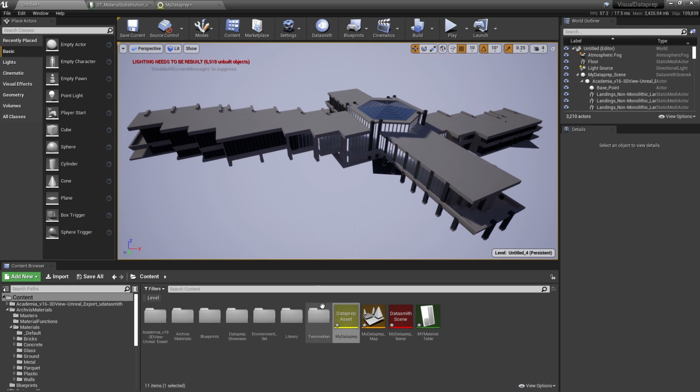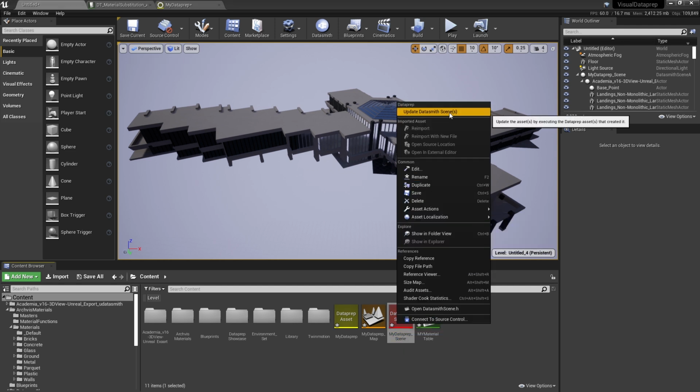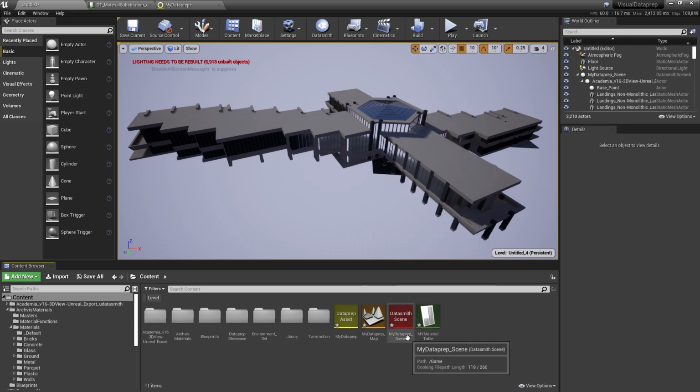I want you to notice that when it imported, it created a Datasmith scene. And this is really important because design data is not static. Assuredly, through the life cycle of this project, this data will change, and we are keenly aware of that. And so data prep is tied into Datasmith. In fact, your Datasmith scene understands and knows that the data prep asset was used to prepare this data. So if you ever re-import your Datasmith scene, by clicking Update Datasmith Scene, it will actually process the data prep asset as part of that.